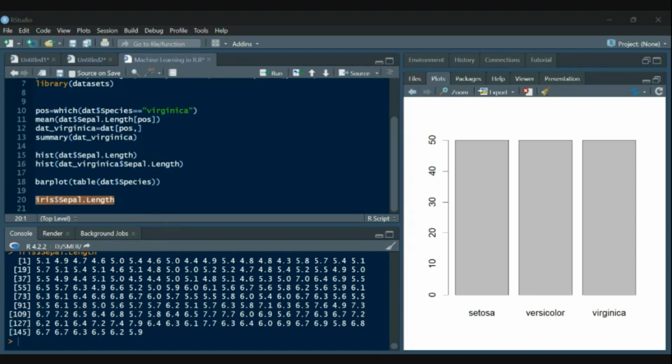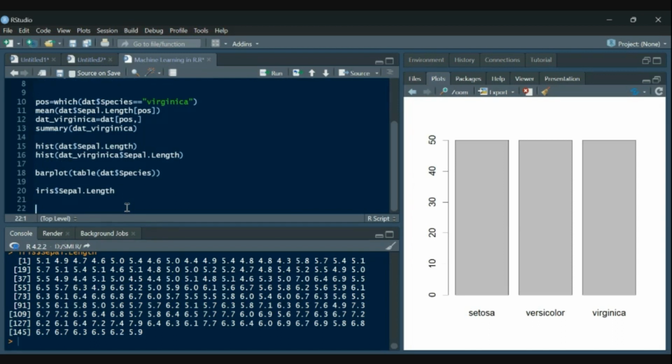Now, how to do that? We will start by splitting this data set. Let's start with train underscore positions.